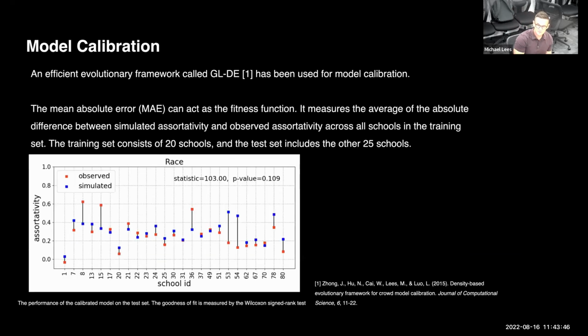So what we did is we took our model, and we calibrated it using a genetic evolutionary algorithm that Wentong and I did together. We calibrated the parameters of the model, all of these different weights, as you saw, and then you can see the assortativity measures of the different schools that we used and how well the data agreed. Now, I want to point out a couple of schools here, 53, 54, 78. You'll see that the observed segregation level is much lower than the one our model predicted. I'll come back and explain why those might be, but maybe you can think about it yourself. What is particular about those schools?